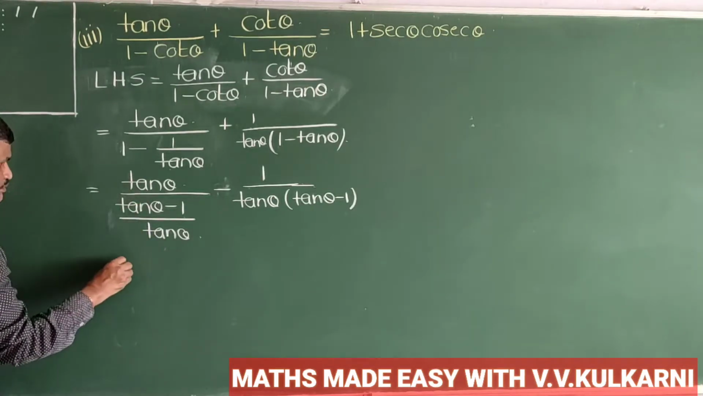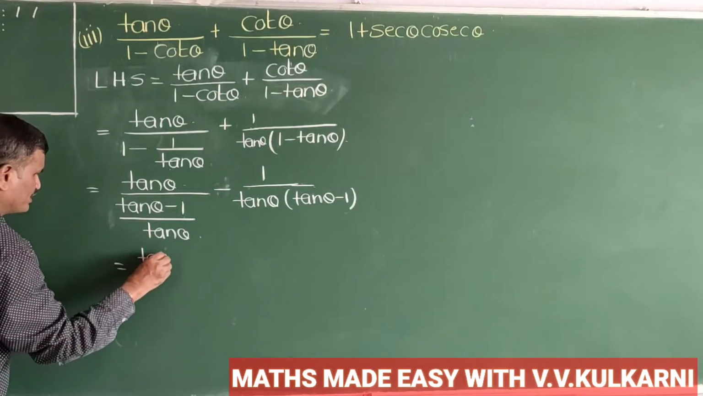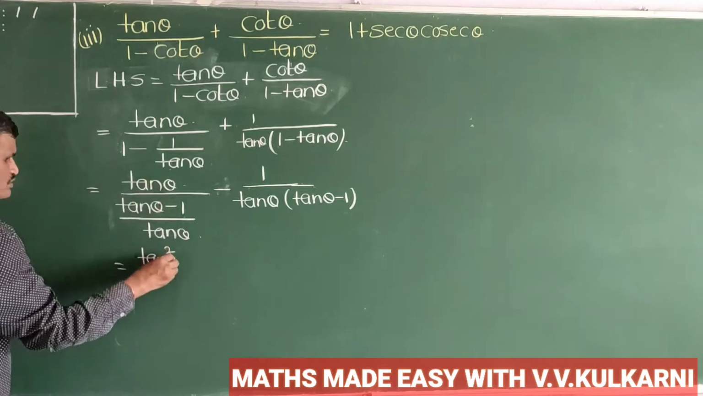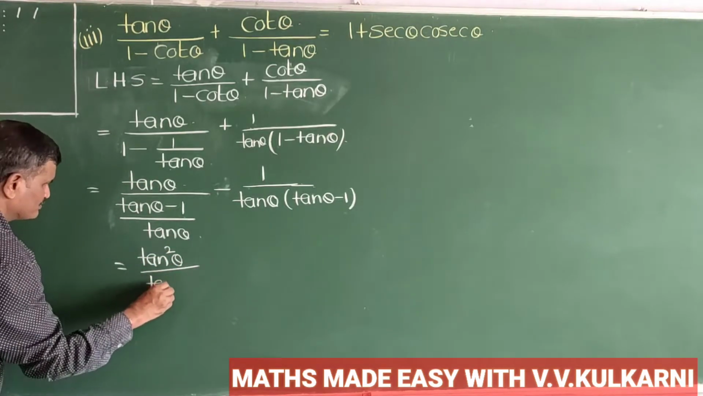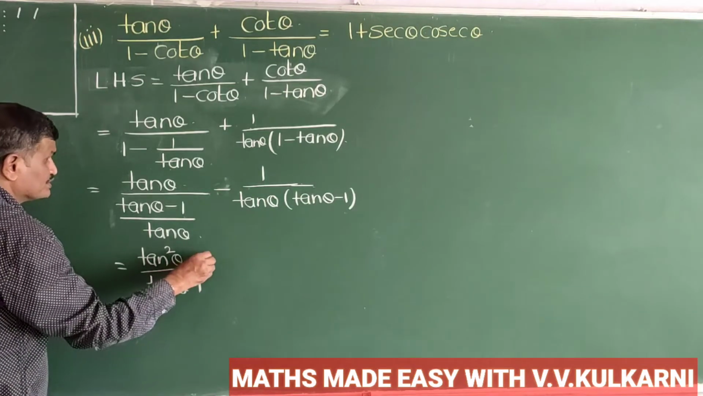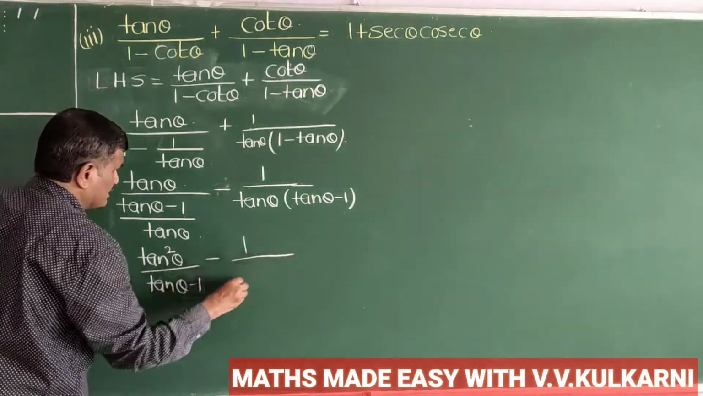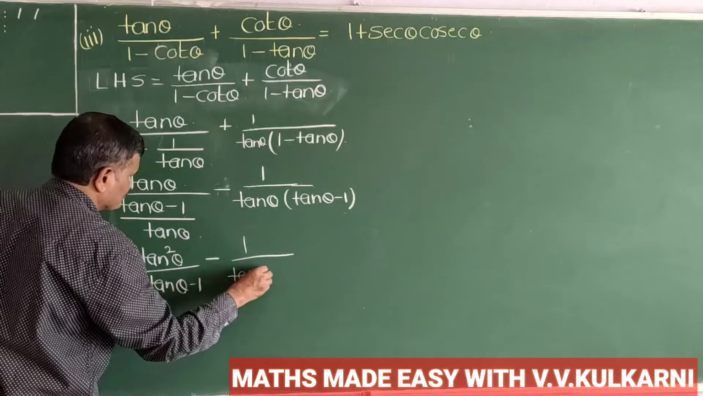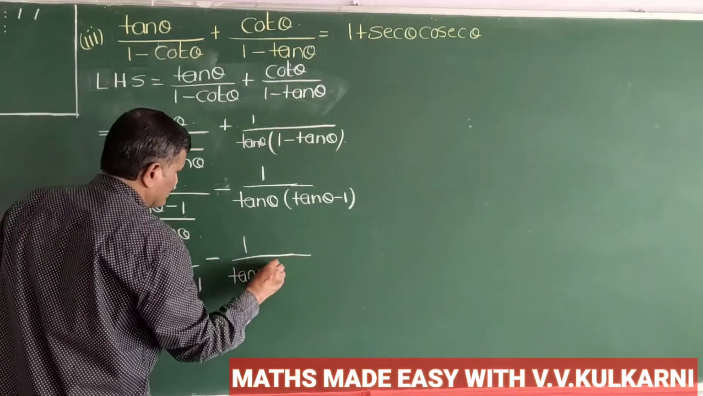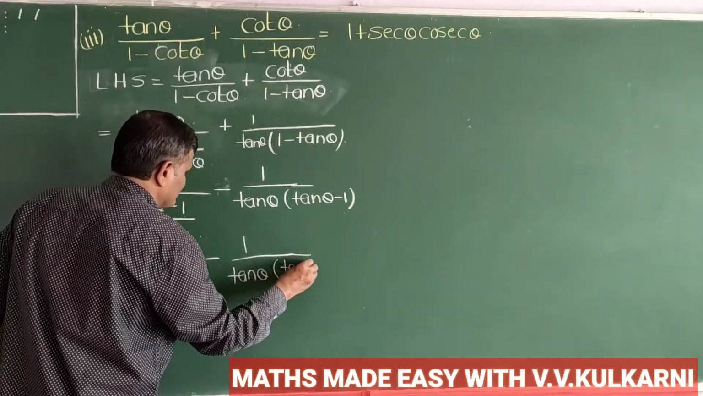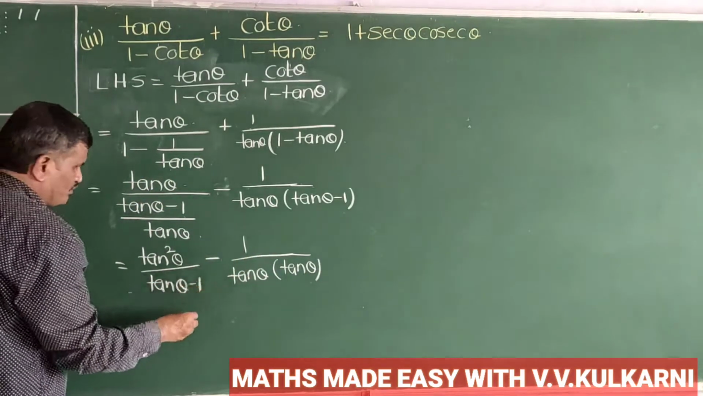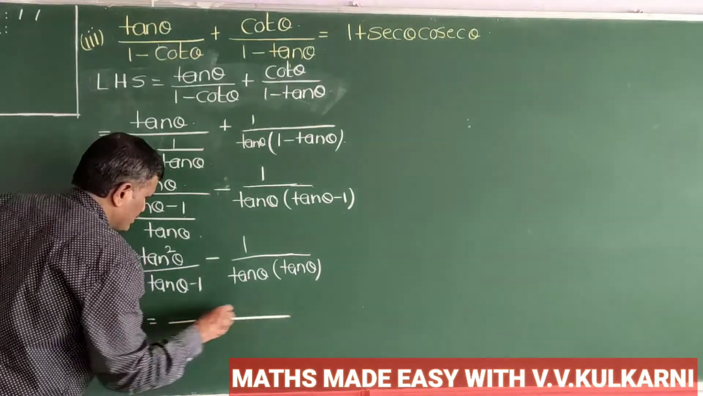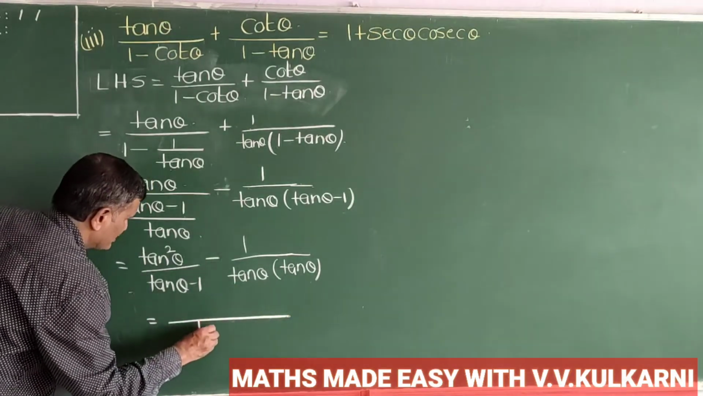Suppose if I take the reciprocal here, what is that I am going to get here? I will get here tan square theta by tan theta minus 1 minus 1 by tan theta into bracket tan theta minus 1. Again I would like to take the LCM here. If I take the LCM here, what is that I will get here? This is tan theta minus 1